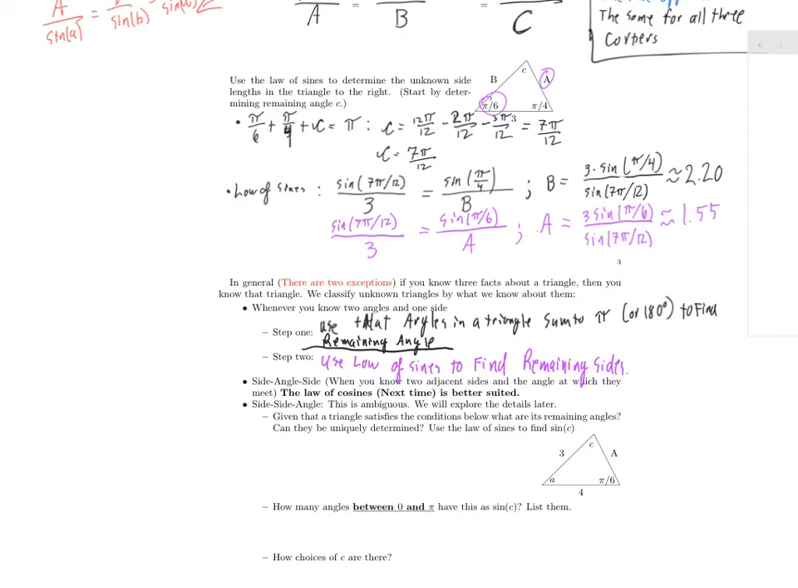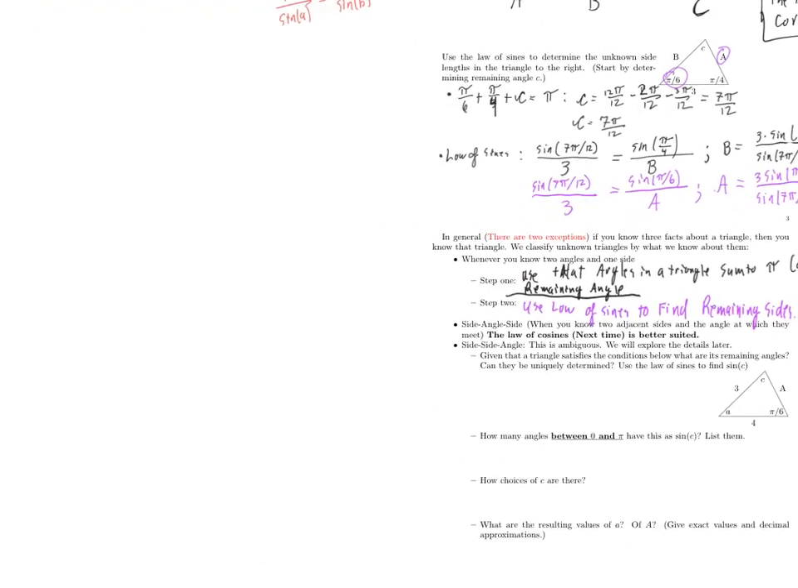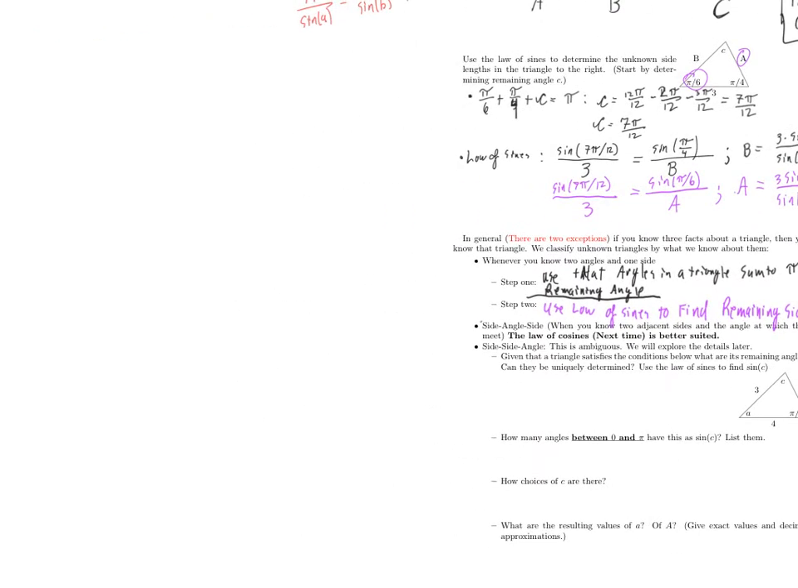Nice. So the other type of situation you might be in is maybe someone has given you two side lengths and the angle at which they meet. So, for example, maybe they've given you this much information: 10 degrees, 3, 25. That's enough information to compute the area of the triangle, but if you think about using the law of sines,